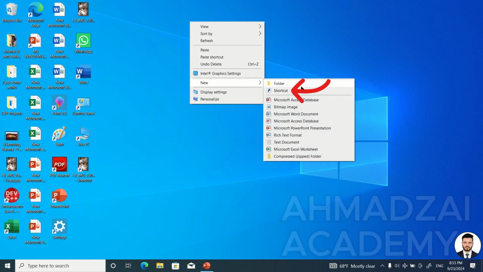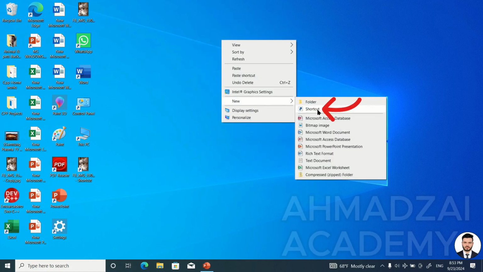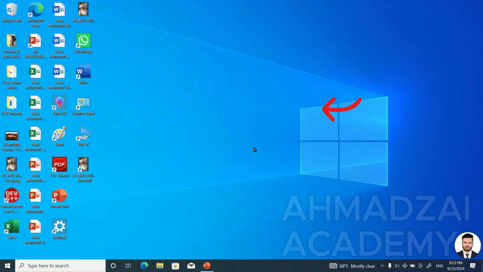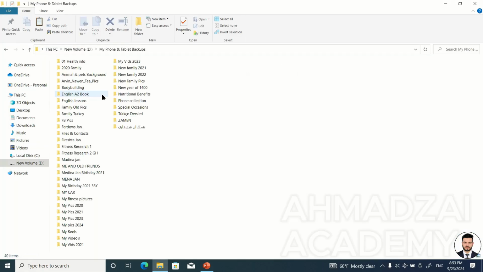And another thing we have is something called a shortcut. If we want to create a shortcut for something, like a program or a folder on the desktop, we can use this as well. There are also 2 easier ways to do this, but we can use this method as well. For example, let's say I have a folder in my computer, in the C drive or D drive. If I want to have a copy of that same folder on the desktop,